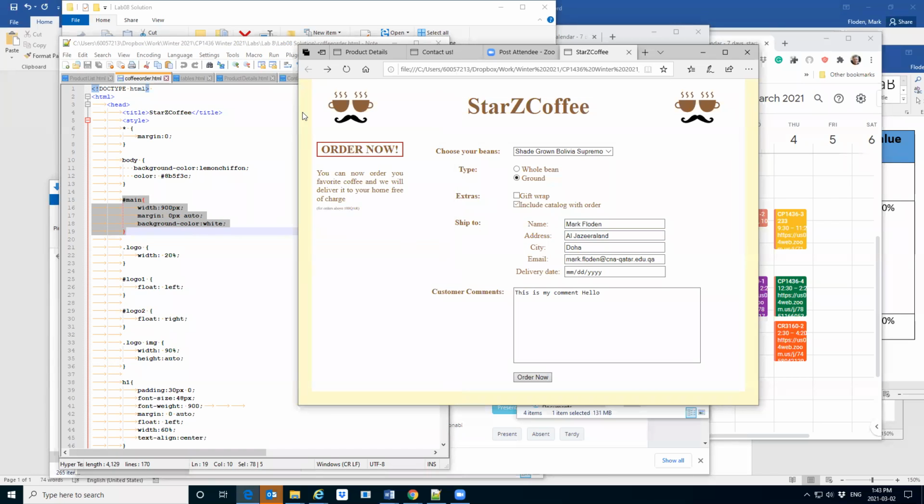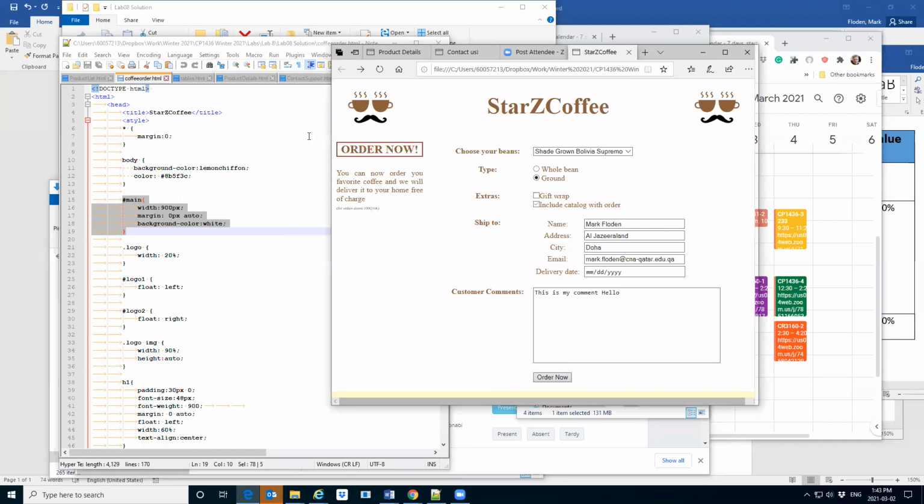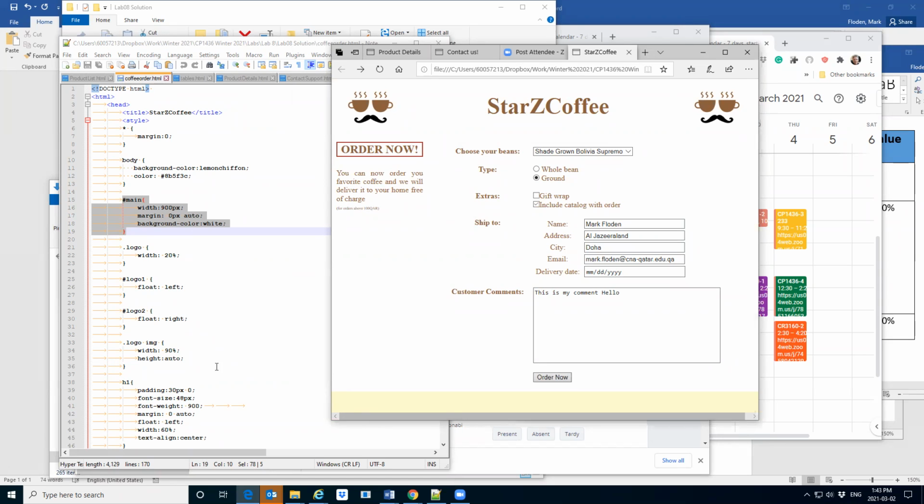And so that's why we have this lemon chiffon around the outside, because our window is wider than 900 pixels. When we get to less than 900 pixels, then we lose the chiffon on the side, but we still have it at the bottom because, I suppose, our window is bigger than that. So anyway, the body is chiffon